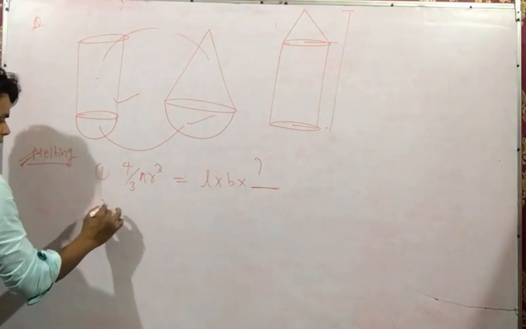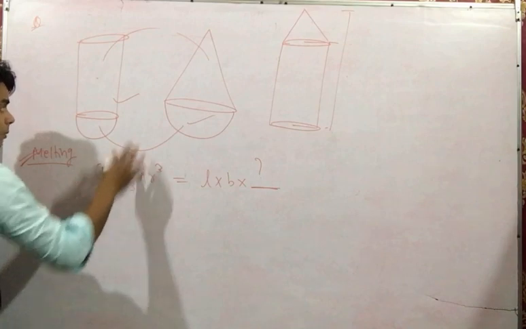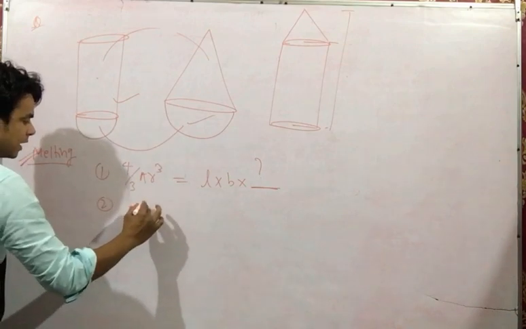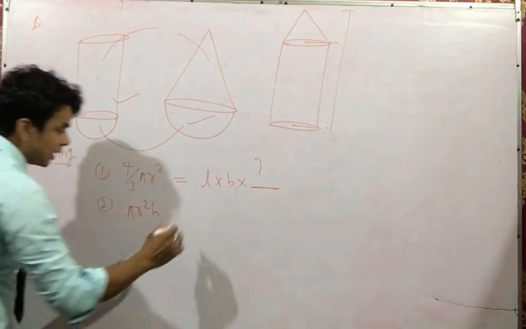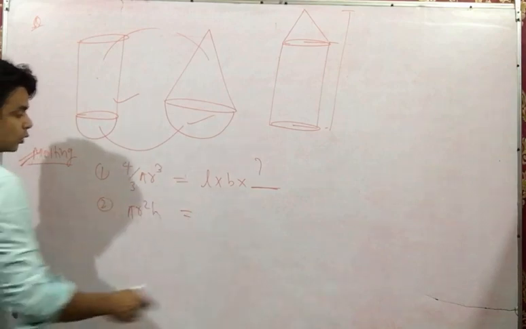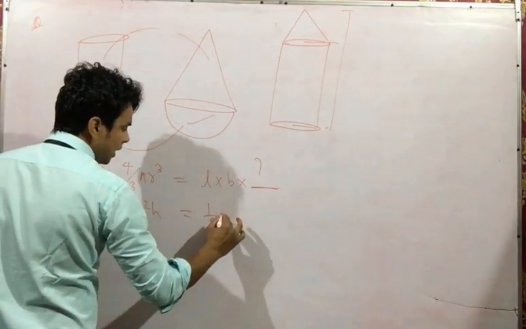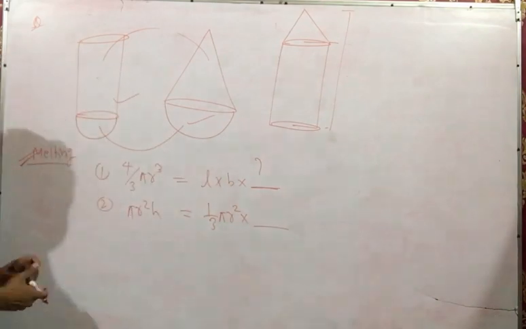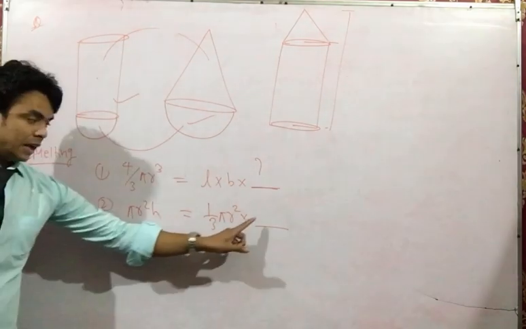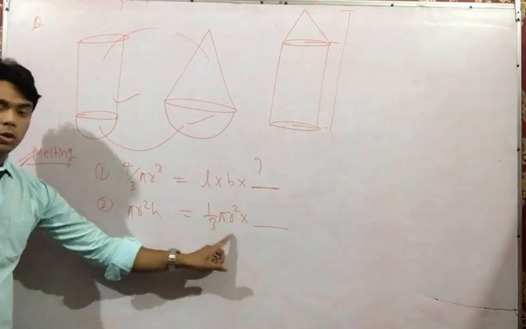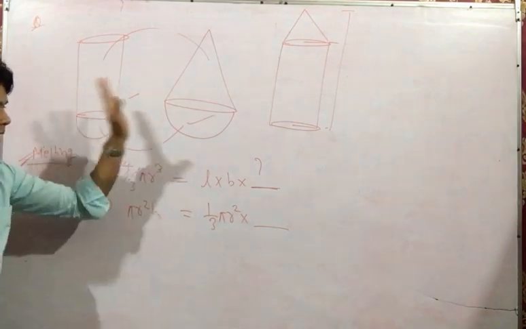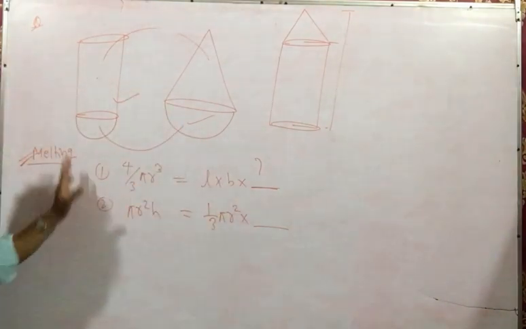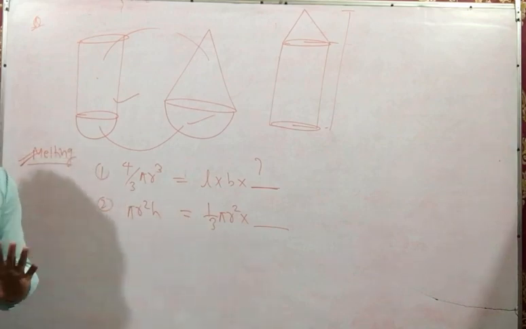First case. Second case, they will give you a cylinder. It means they have given you a volume. After that, it is converted into a cone. So for the cone, 1 upon 3 pi r square h, they will keep this H vacant. You have to find the H. What is same? Volume, volume, same. So there are many questions based on volume and conversions. You can deal with them.